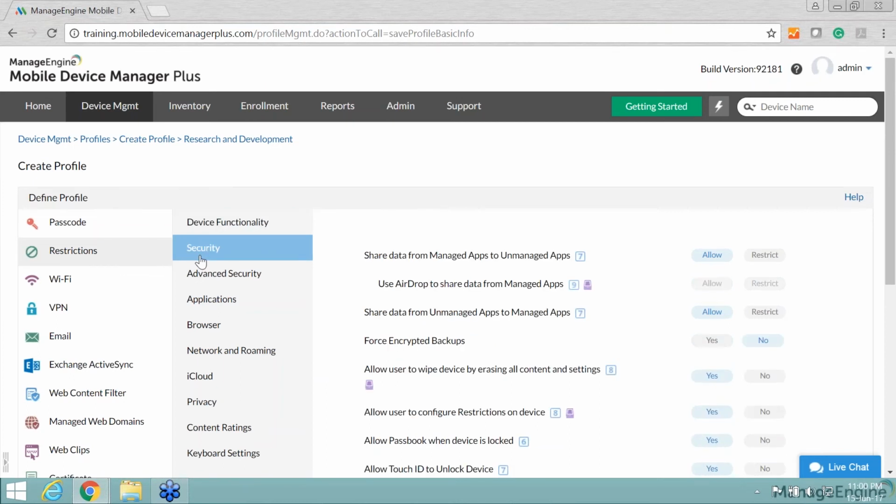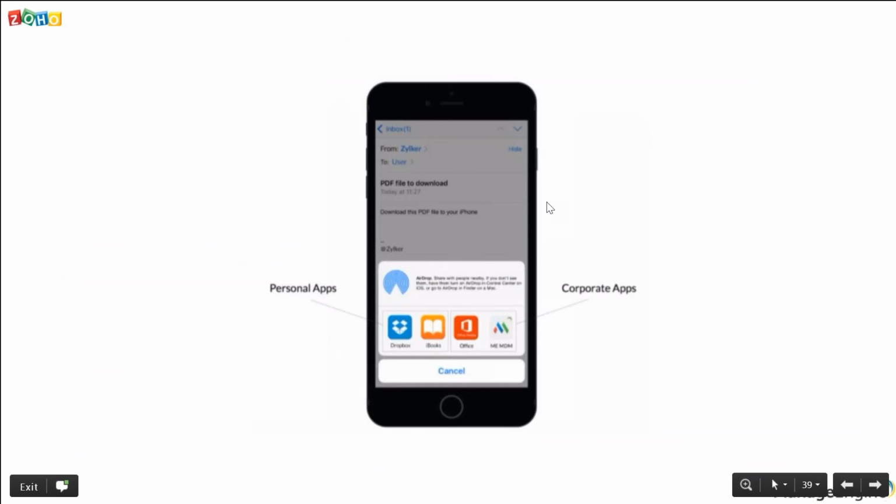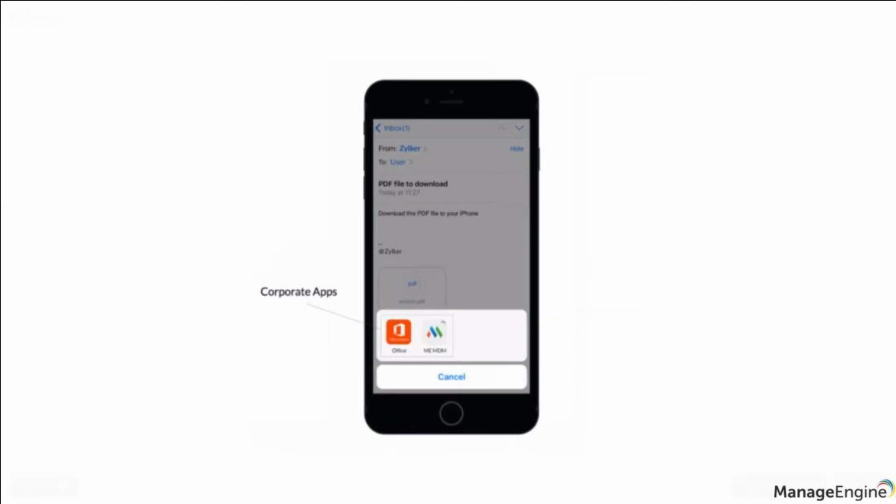You can choose to allow or restrict data sharing between managed as well as unmanaged apps. So once I do that, this is what the display would look like on your device. Before, the data could be opened by any app. You can choose which app you would want to, be it an unmanaged app as well. So now once I put the restriction, we can restrict it to be opened by only a select few managed apps. Through this, we can ensure that the data isn't copied in any form, even captured as a screenshot.